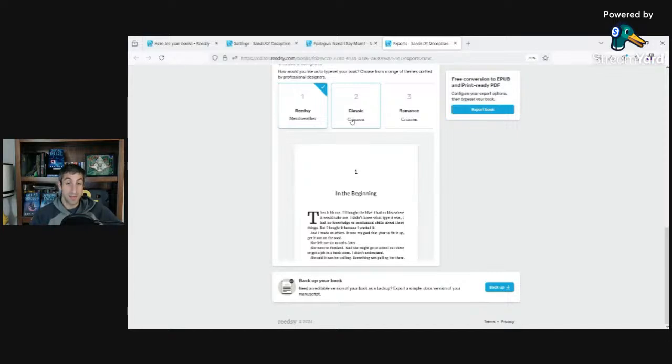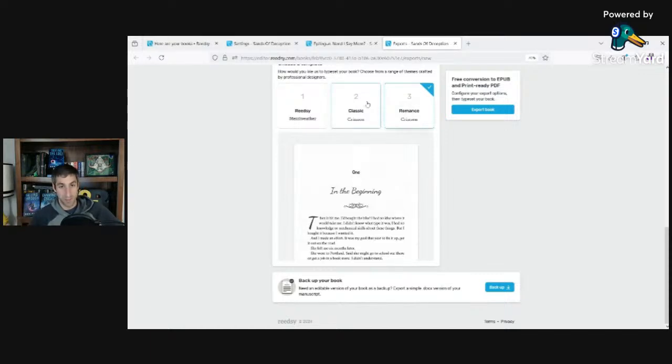So I think the Reedsy format, that's the one over here on the left, looks pretty good, but I prefer this classic look, so that's what I always pick for my books. The annoying thing is that by default, it goes back to, yeah, and that one is just way too over the top for me, so I don't like the romance one. Which right now, even though it looks like I'm selecting 2, I'm actually selecting 3. That looks very over the top for me, and so I don't necessarily like it.